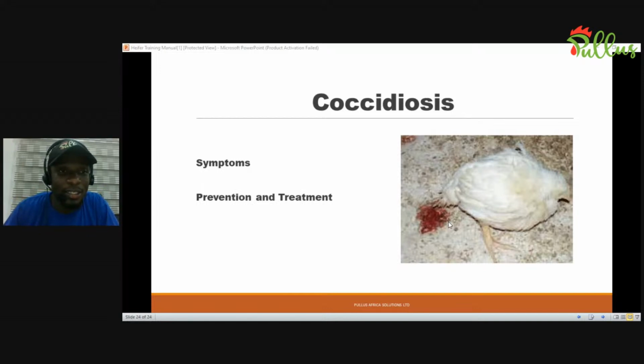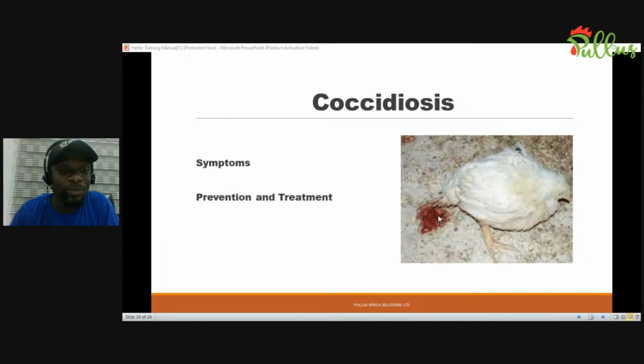Like I mentioned earlier, most times we see this problem happening during the raining season, and the reason is that sometimes you see that farmers forget to drop their tarpaulin, the litter becomes wet, rain enters the pen. Yesterday, one of my farmers called me and said, "Doctor, rain entered my pen," and I said, "Madam, please, you have to be careful next time, because that has certain implications which could affect your birds negatively." So most times during the rainy season, maybe the roof might be leaking. So one of the predisposing factors, one of the things that actually causes problems, is when you have wet litter, when your litter is actually wet most of the time.